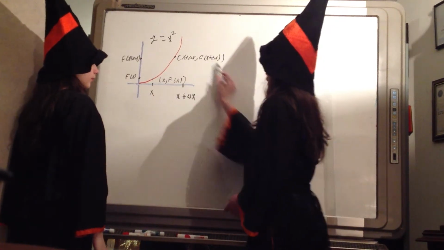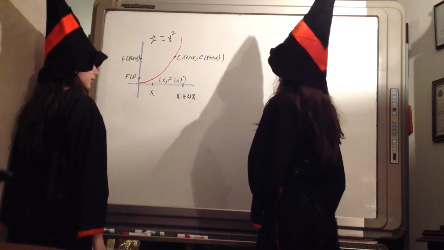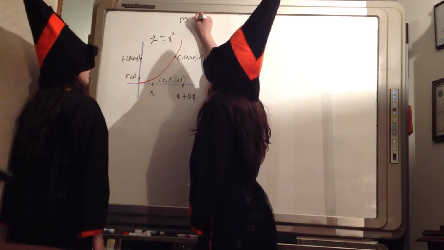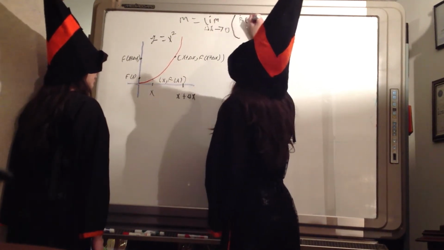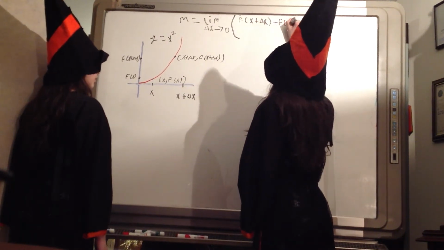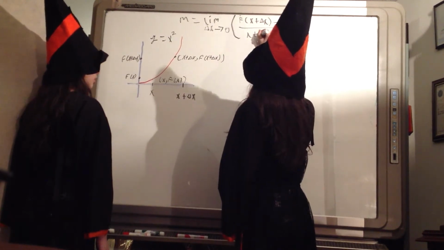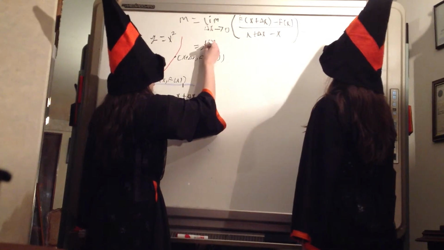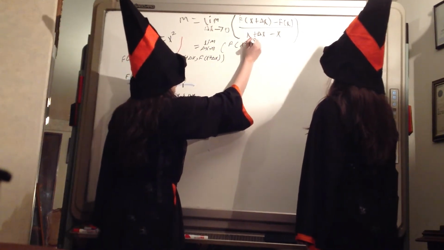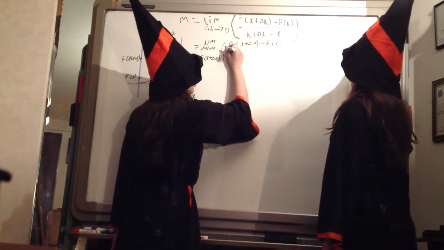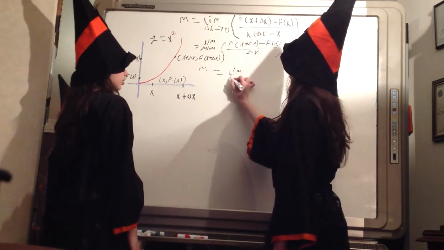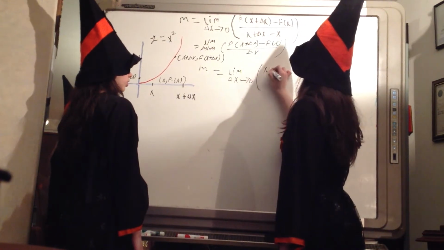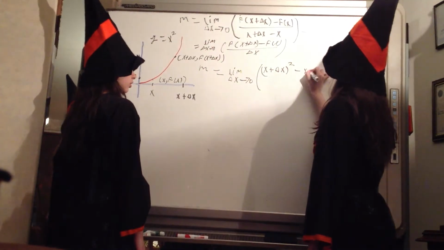We want to know the slope at any point of this graph, and then we use the Newton differential quotient, and so the slope is equal to the limit when delta x approaches 0 of f of x plus delta x minus f of x all over x plus delta x minus x, and that is equal to the limit when delta x approaches 0 of f of x plus delta x minus f of x all over delta x, and so the slope is equal to the limit when delta x approaches 0 of (x plus delta x) all squared minus x squared all over delta x,